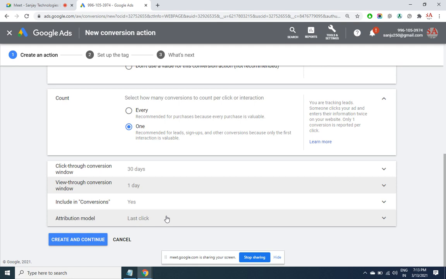The same SEOsanjay.com sign up is happening by people who are searching in Google, then by people from Google plus Facebook, then only Facebook. The Google AdWords code will get run every time because that is there in a page, which we are going to fix in the next step. But how should Google know who has to get the credit? That's what we have to define here. So this is last click, the latest click.